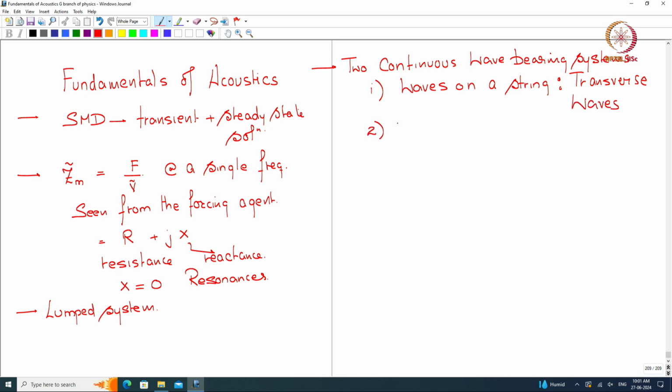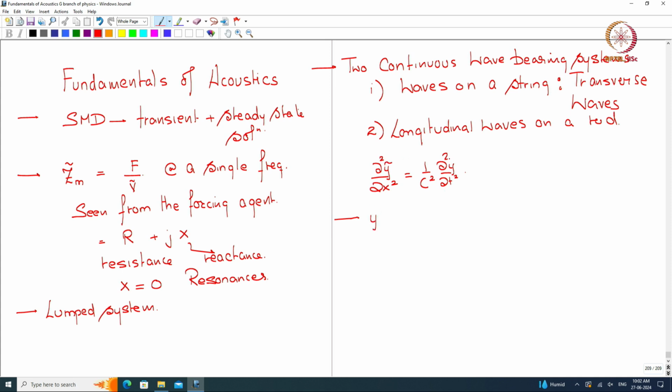Two, we saw longitudinal or quasi longitudinal waves on a rod. Both these systems have the same form of the wave equation, okay. And the solution, general solution, or let us say the harmonic solution,